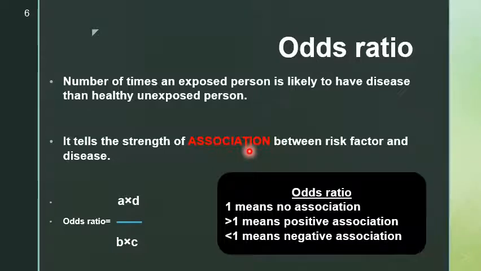Now if we compare the study group and control group, we will come to know how many smokers developed lung cancer and how many smokers did not develop lung cancer. From that ratio we can come to know whether there is an association or a link between smoking and lung cancer. If the odds ratio is equal to 1, it means no association is there. If it is more than 1, that means there is a positive association between smoking and lung cancer. And if it is less than 1, it means negative association, or we can say smoking can act as a protective factor for lung cancer, right?